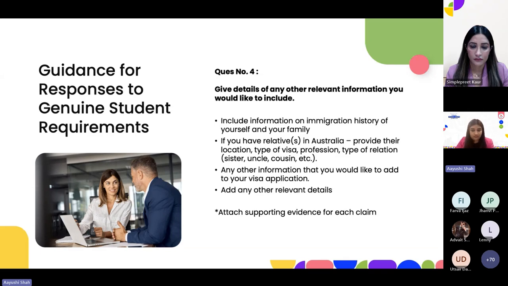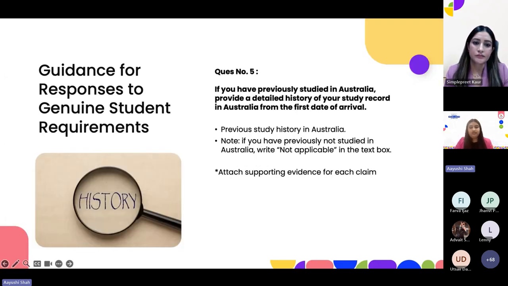So all these sections are important. So you have to be very specific, detailed. So detailed history on your study or any previous study that you've undertaken. So this is again one such question. The last one, now this question is mainly for onshore students. This is for those students who are in Australia. Now this basically asks you to jot down whatever previous studies you have taken in Australia, including all the completed